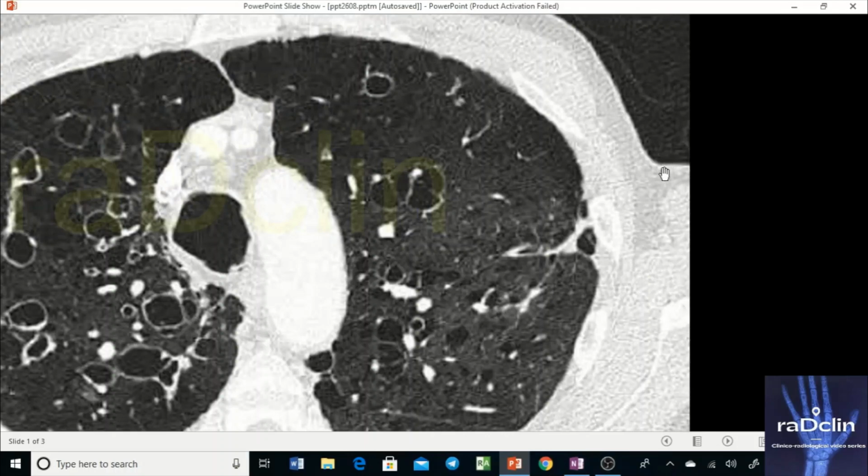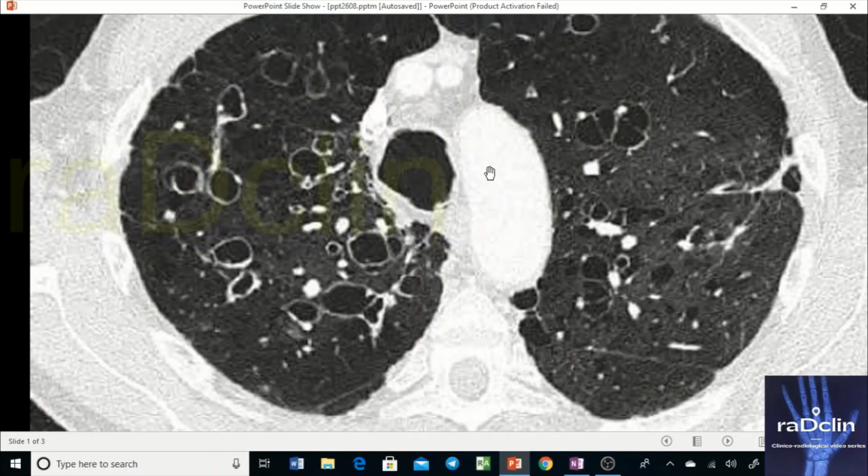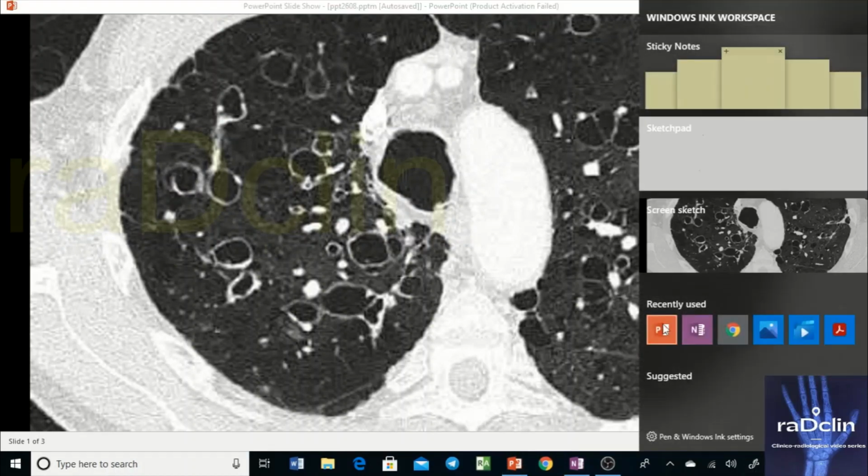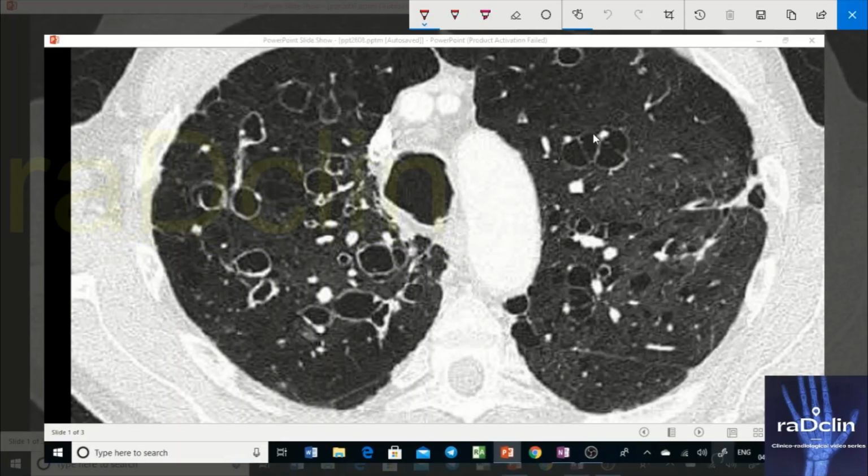If you look at all these cysts, you will see one thing common in them: every cyst, look at this cyst, this cyst, this cyst, every cyst, in its wall or surrounding, near the wall, there is a vessel. See, this is the vessel. This is the vessel here. So every cyst is having what? Basically it is near a particular vessel. So every cyst has a vessel near it.